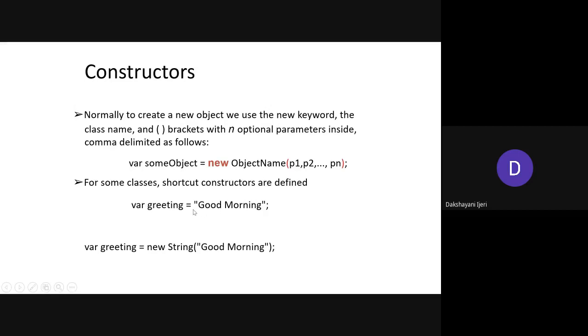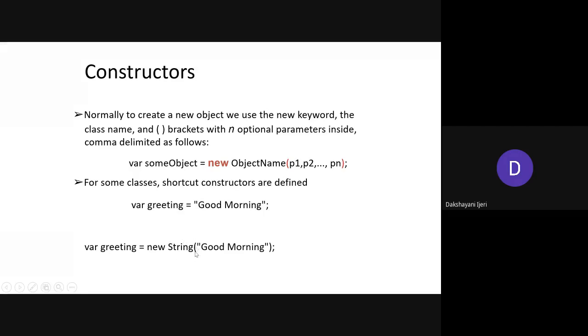By default, it is going to be considered as creating this string with the string constructor itself. So it is as good as writing a variable greeting is equal to new String. Here the name String is nothing but the name of the method or the constructor of the string, which is used for creating the strings. Why do you specify it as a method?